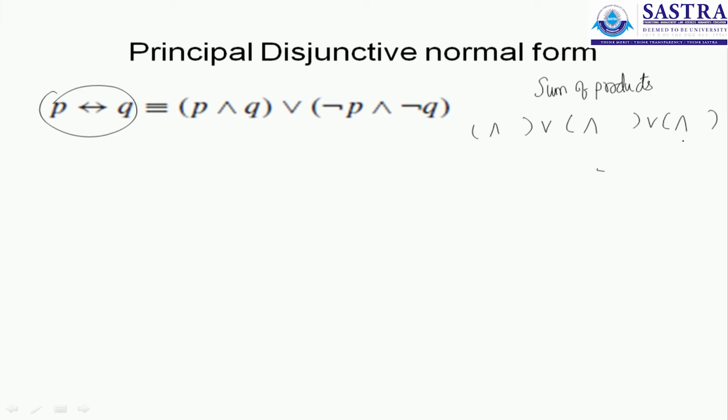Now it happens here. Look at this. I'm doing a biconditional between P and Q, one statement called P and the other called Q, and I've shown that it is equivalent to this, where we have a disjunction of two terms. Disjunction, that's why you call it a DNF. It's a disjunction of two terms, and what are those two terms? They are in turn conjunctions.